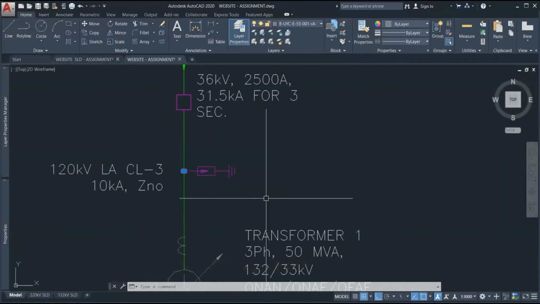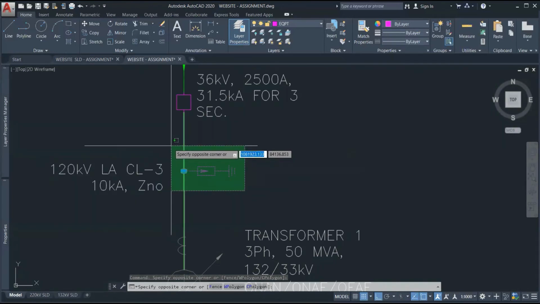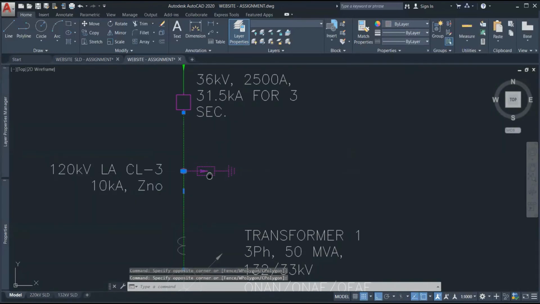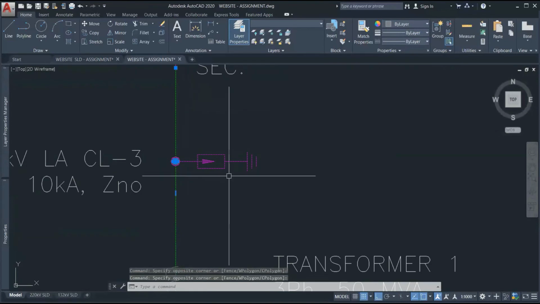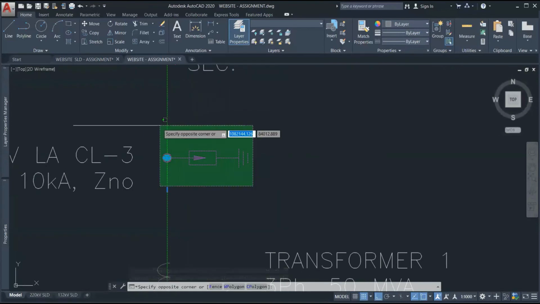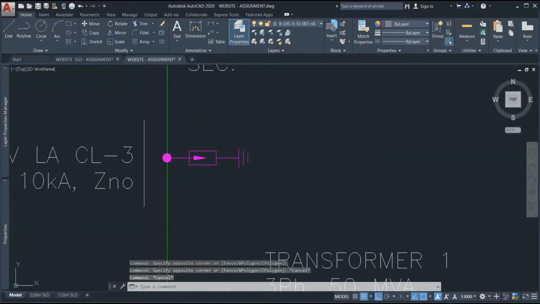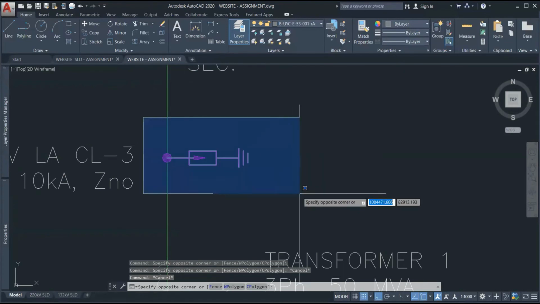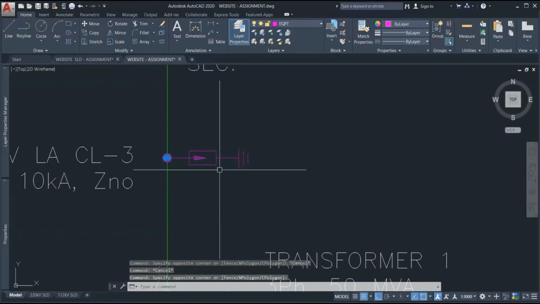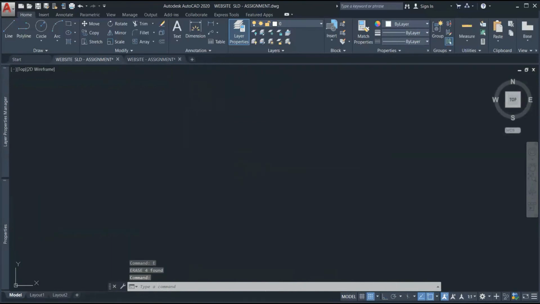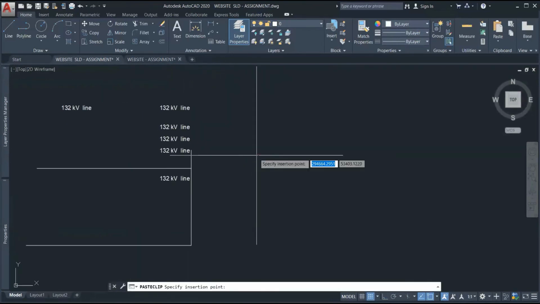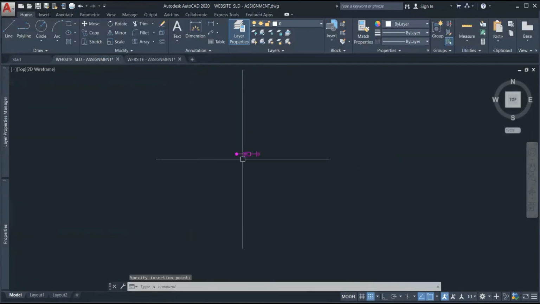The blue portion is selecting this LA only, and if I'm using the green line, it is selecting everything which is coming in this path, right? So if you just want to select this LA, select using this blue portion, Control C, right? Go to that file and Control V. Okay, just place the object, right?